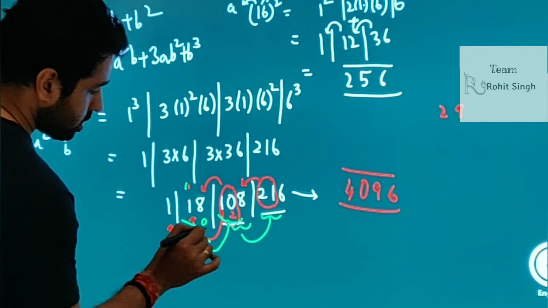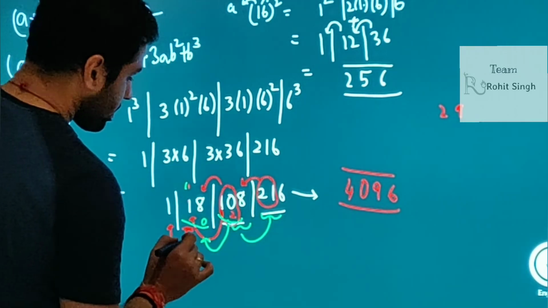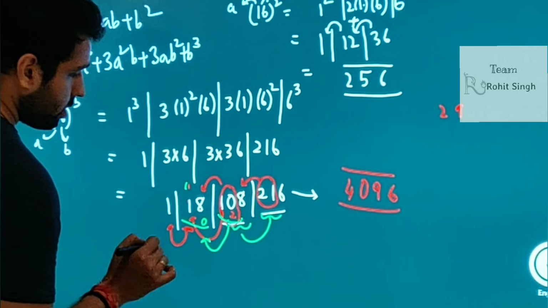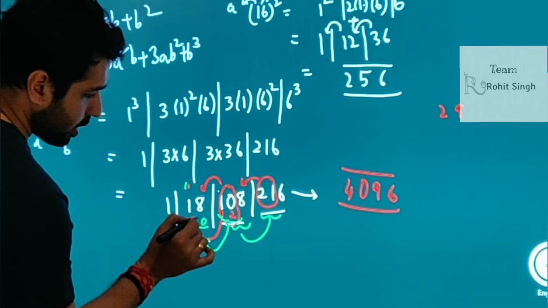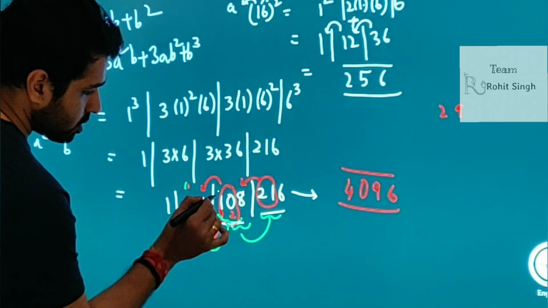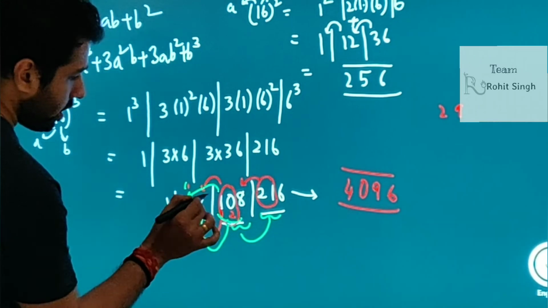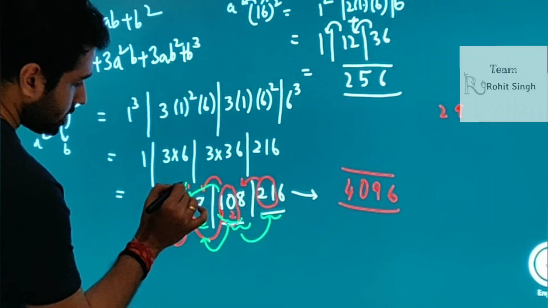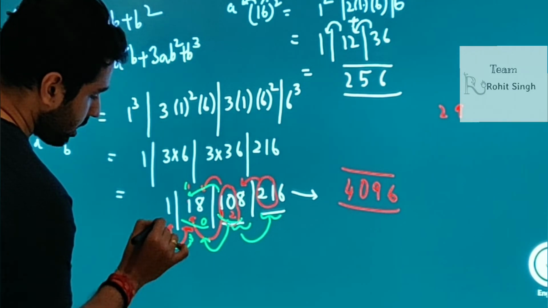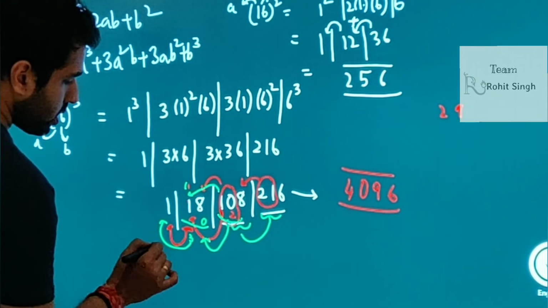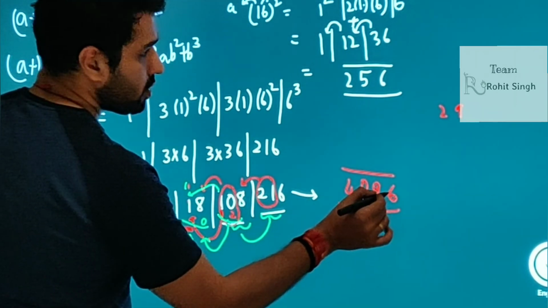Now if you see this, 0 is in the units place, so 0 you are writing as it is. Now 1 is carried forward, plus we have this one also, that we have only added 0 to 8, this 2 to 8. So this 1 is added to 1 over here. So you have 1 plus 1 plus 1. How much do we get? 3. This 3 is added to this 1. So this 3 plus 1 gives us 4. So our final answer is 4096.